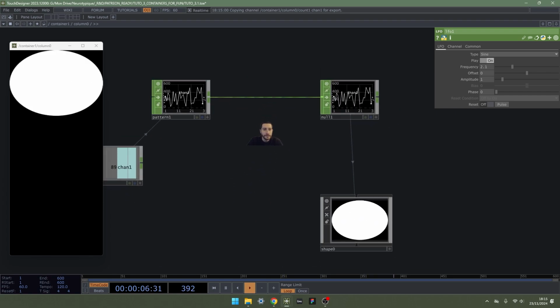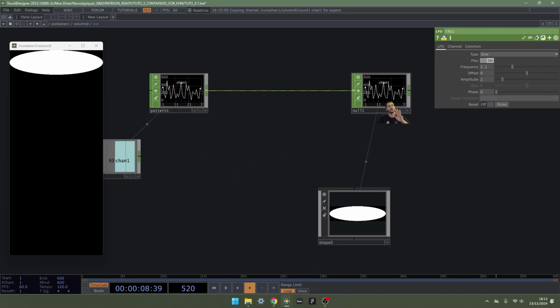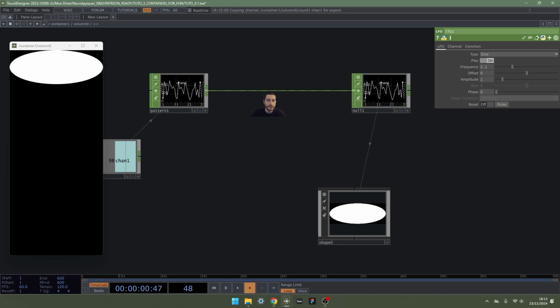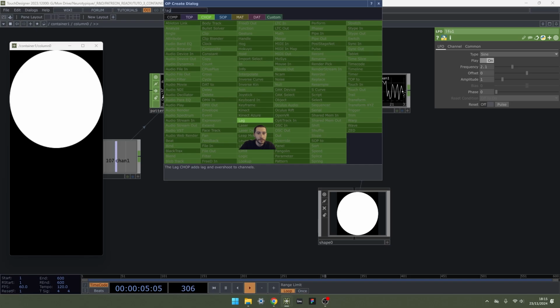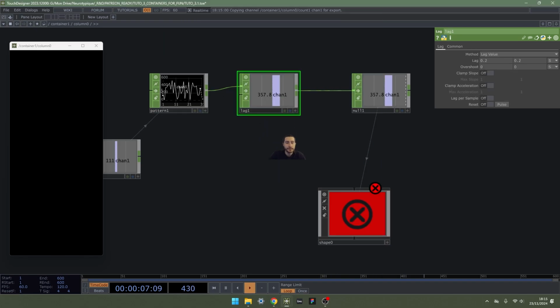Okay. First thing I want to do is to have a smooth transition between the different states. Real easy. Something I'm always using is the lag, but it's already breaking our patch. So when you use lag, its basic mode is for just one value to transition between different states of just one sample.